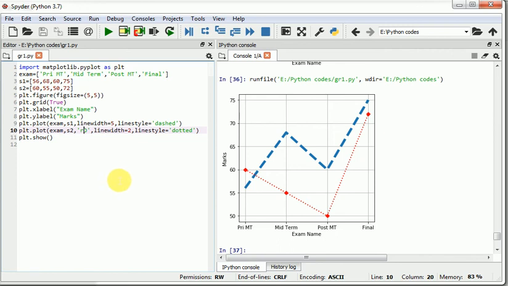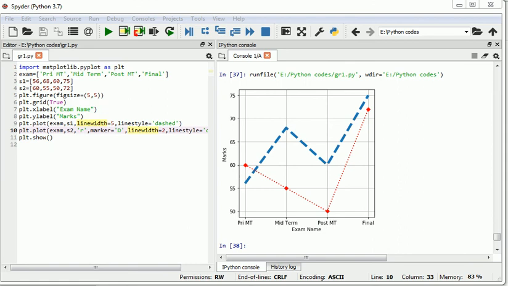Easily you can recognize your marker. Either you may give it here or you may type a separate attribute, marker equal to D, like red, comma, marker is equal to D you can give. Then save and run. Now you got the same output. There are different types of markers you can use in your graph, like comma, O, plus, X, D, capital D, small d. That's the difference between these.